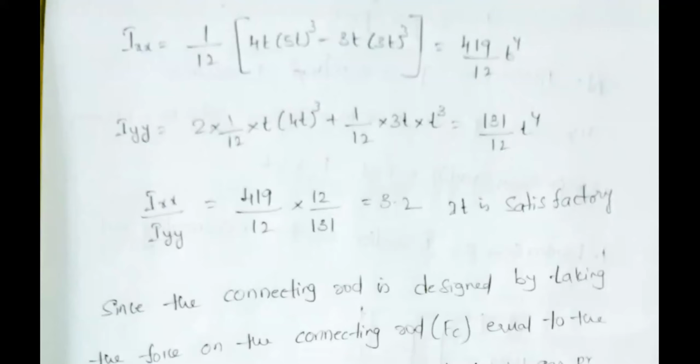So, again I am repeating, please be careful and understand. If you have any doubt, please post your doubts in the chat box and I will explain. Only then will I move to the next step. The first thing is to draw the I section as usual for your moment of inertia problem. The proportions are already mentioned: B equal to 4T, H equal to 5T, and the thickness is T. Now calculate the moment of inertia values as per your standard procedure.